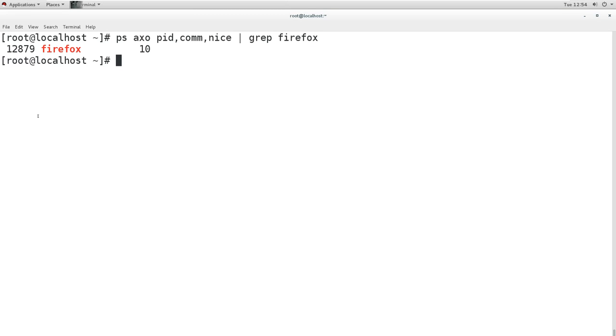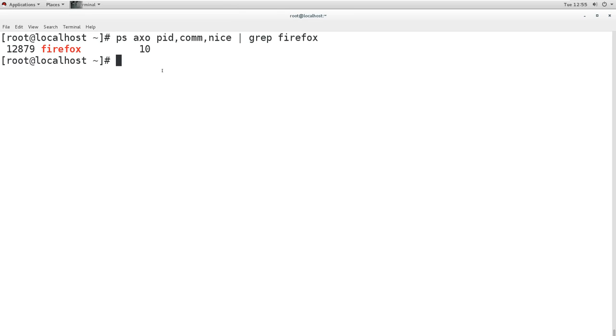We can see the process ID is this, the process is Firefox, and the nice value is 10. So this process is getting the nice value 10, and the system will execute it by this nice value, and based on the nice value, it will provide this process its priority.